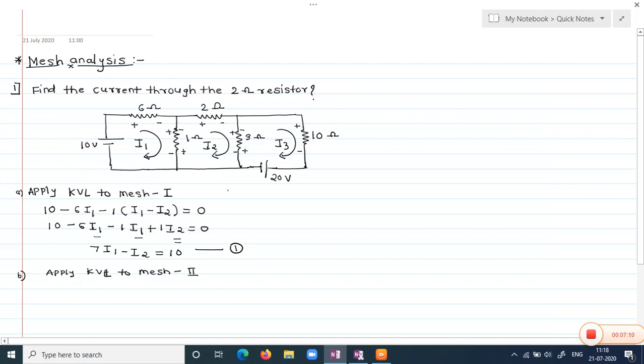Then again we will start from the 1 ohm resistor, but the 1 ohm resistor is common between mesh 2 and mesh 1. That's why we have considered the current flowing from positive to negative, meaning negative is over here, I2 minus I1,